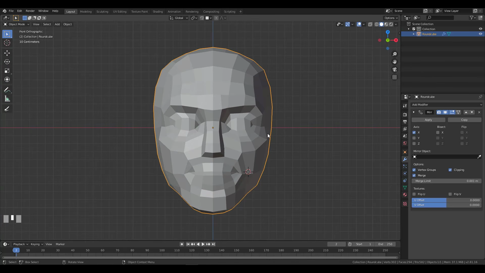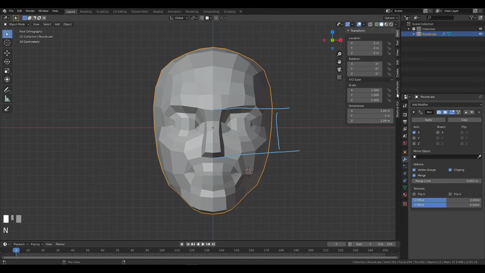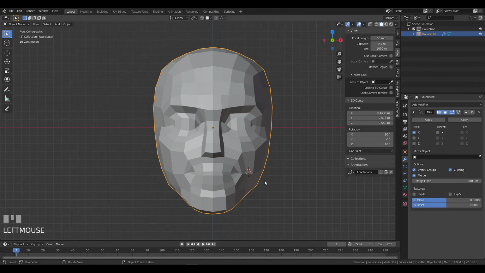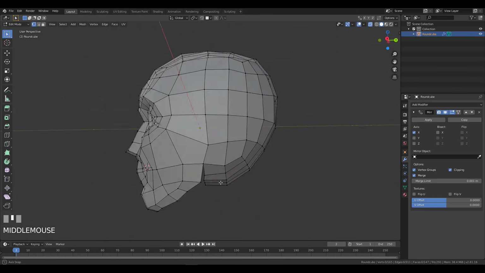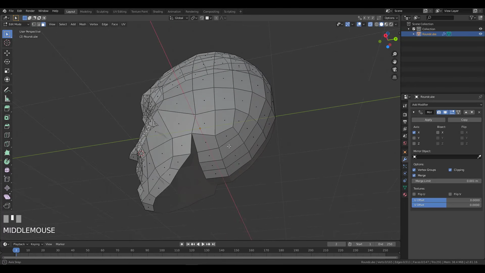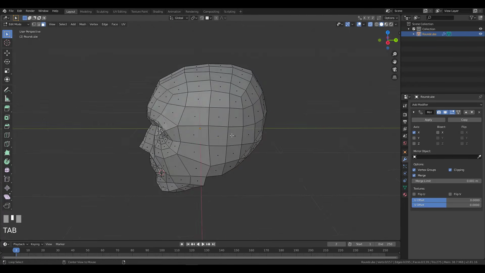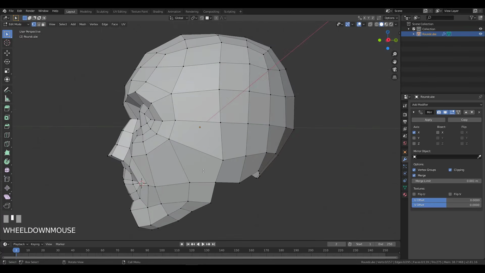So now one really important thing that will make everything look a bit better is to add the ears. The ears are lying down this section here, this height. So we are going to do this right now. Let's go. I'm going to go to the side view, and one thing that I want to do right away, I don't want to wait for this, I'm going to remove this geometry. Okay. So we are going to add the ear,